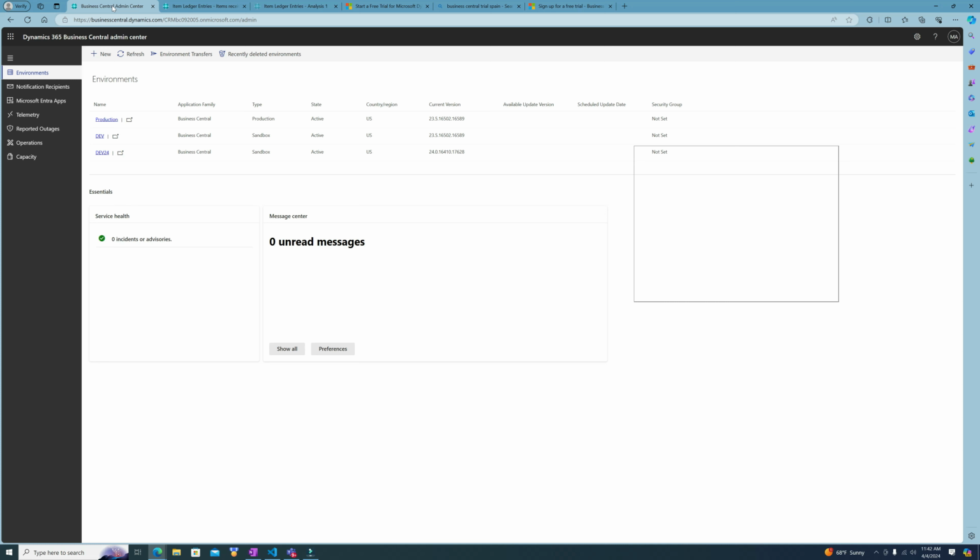I might create a video on how to create your Business Central container, but today I want to focus more on how to get Business Central 2024 Wave 1 in your tenant. So once you're in your Business Central Admin Center, you click on New,